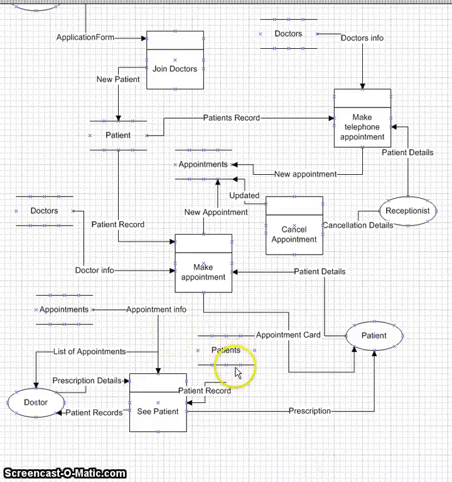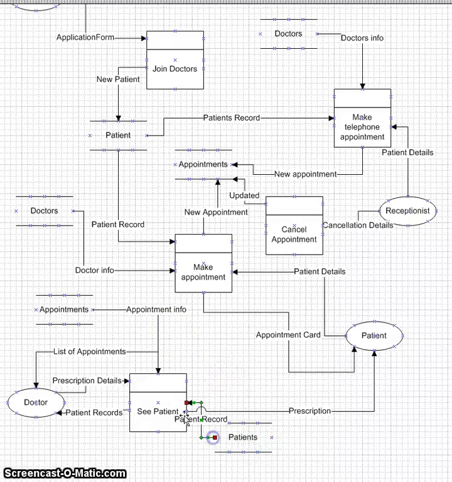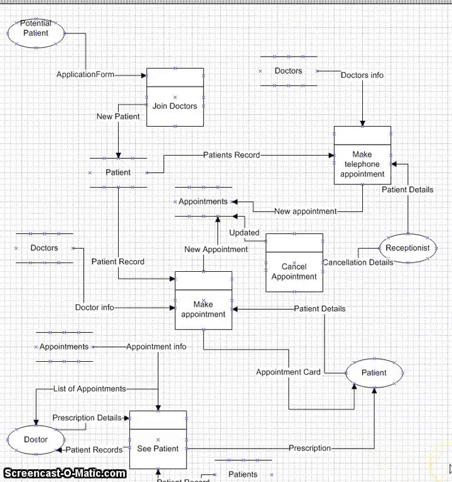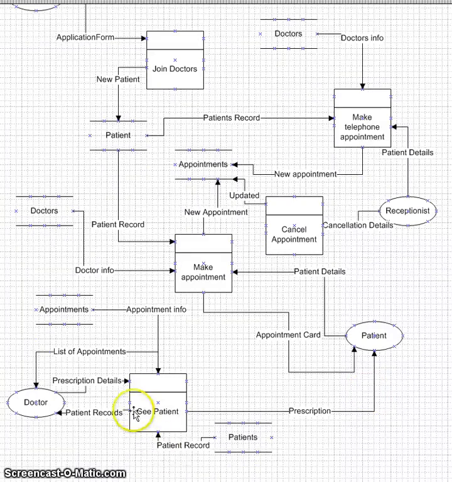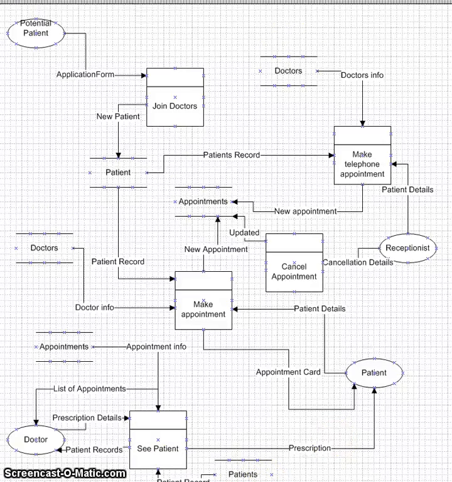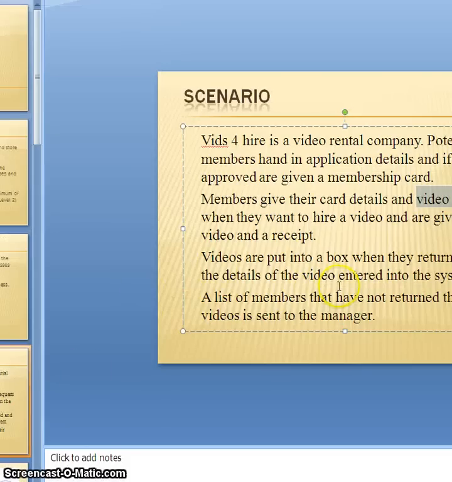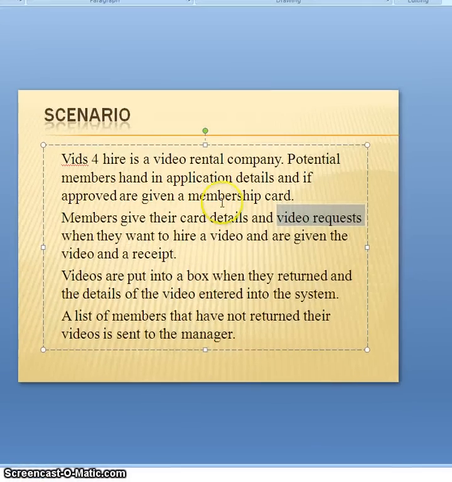Okay, let me put that over this side, might make that a bit easier to see. Okay, notice no crossing lines. That's the important thing with this diagram, no crossing lines. We've pretty much modelled it. It could be debatable whether the doctor would re-update the patient's details, but this really shows a solution to the scenario, and the scenario was